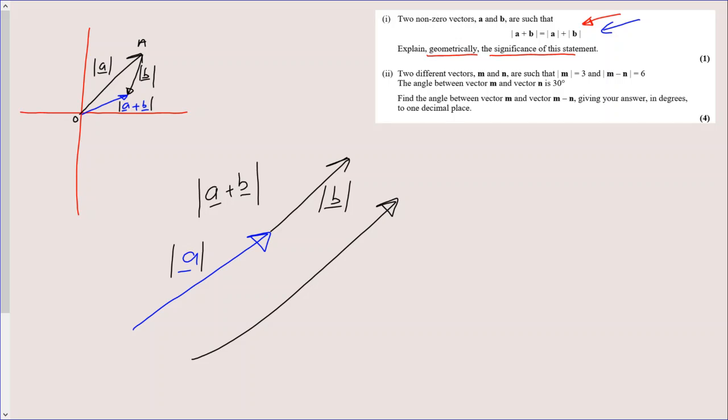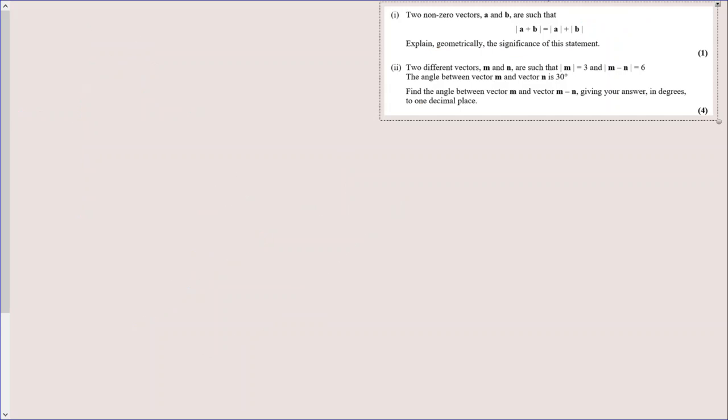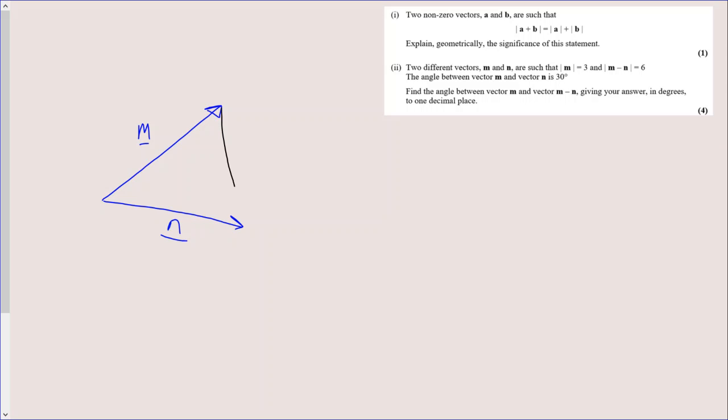Okay, let's focus on the next question. So the difference between vectors m and n are such that. So it's more about understanding the wording. I've got a vector. I'm going to call this vector m. And I've got another vector n. And it says the angle between vector m and vector n is 30 degrees. So this is my vector n here. Now if I connect a vector between those two there,